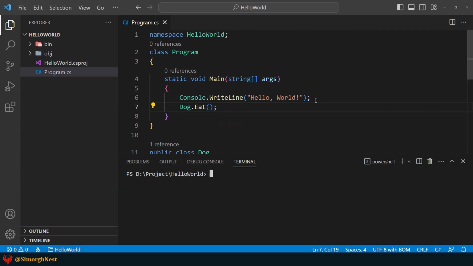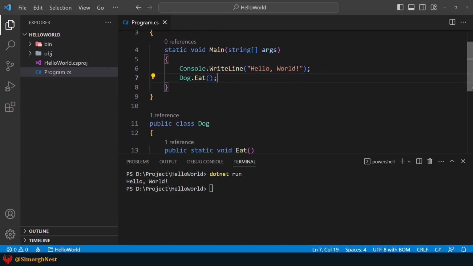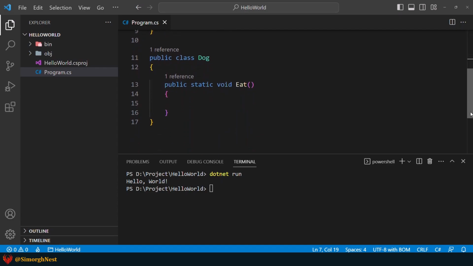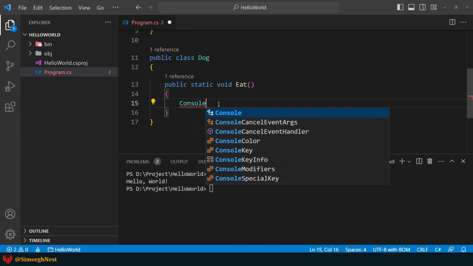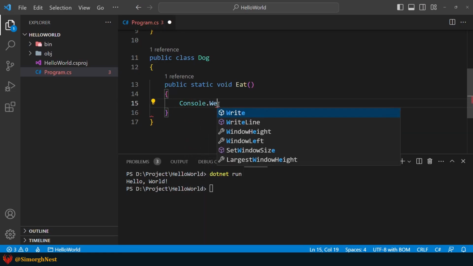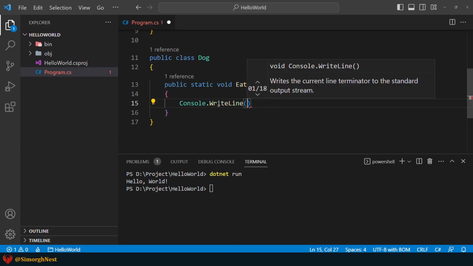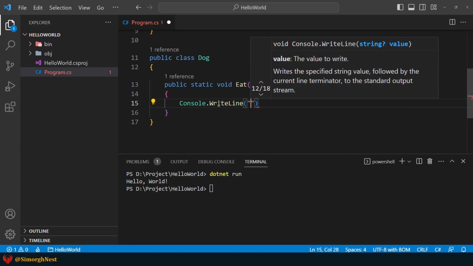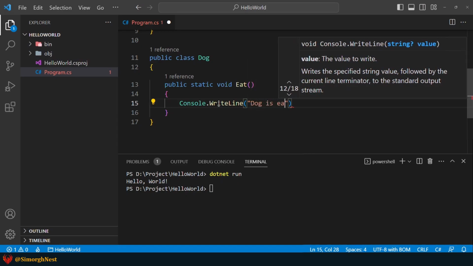Okay, let's run the application. As you can see, the eat method doesn't show anything in the terminal. Now, if we wanna print a message by this method, within these curly braces, we go for console dot writeLine open and close parentheses, open and close double quote, and between them, dog is eating.